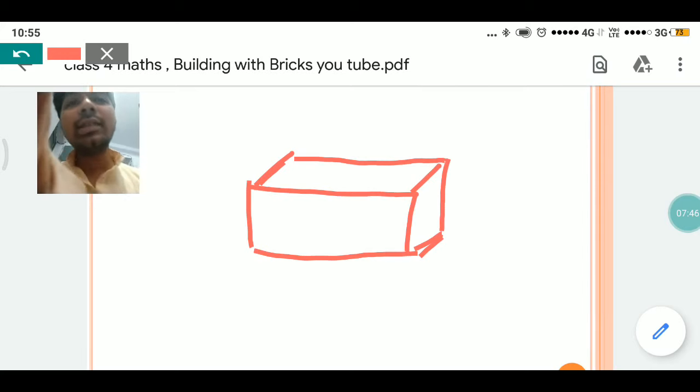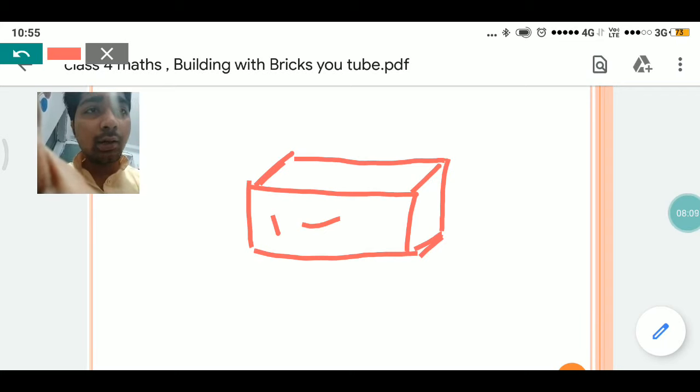Okay, next we will count faces. Students, listen to me carefully. This one is your front face. Okay, on the back side of it, second face. First face, back side, just back side. Imagine the brick. Okay, front side, then back side.